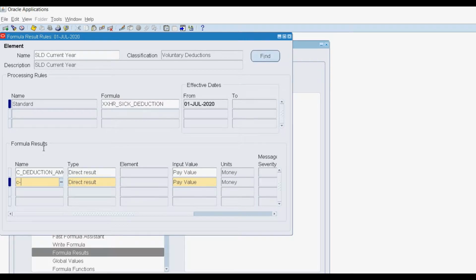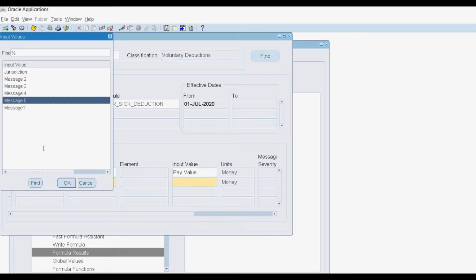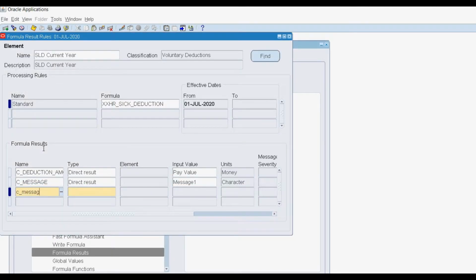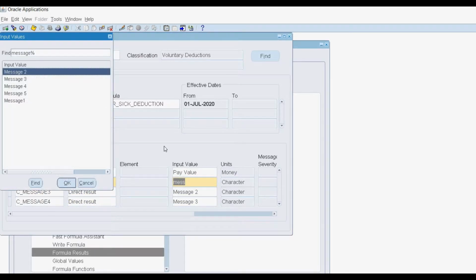See message 4, direct result message 4, and then message 2 maps to message 2, message 3 maps to message 3, and 4 to 4.